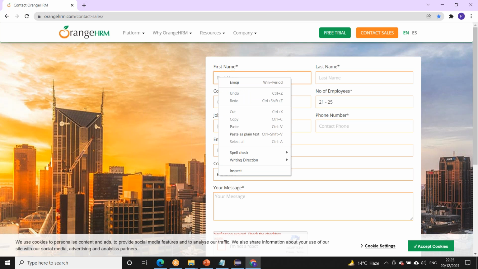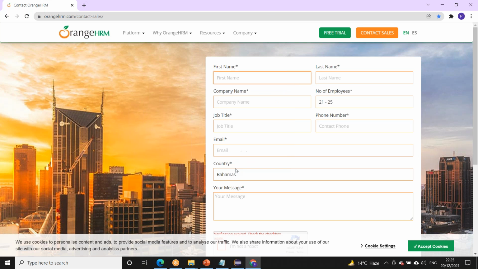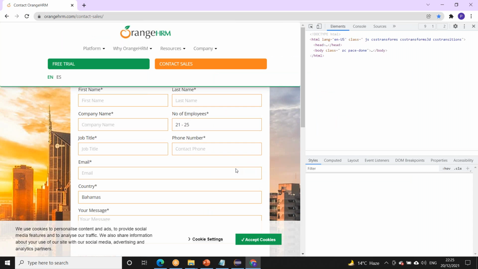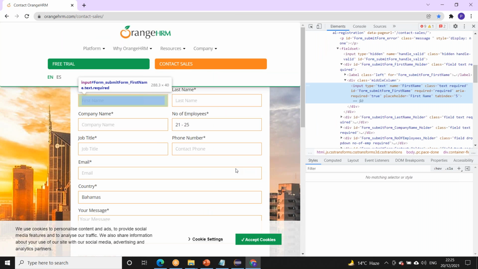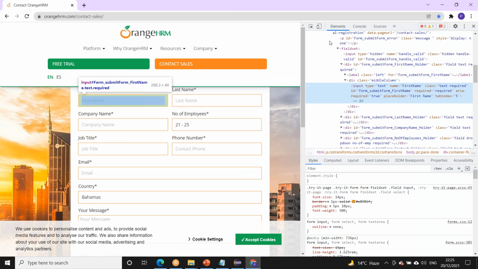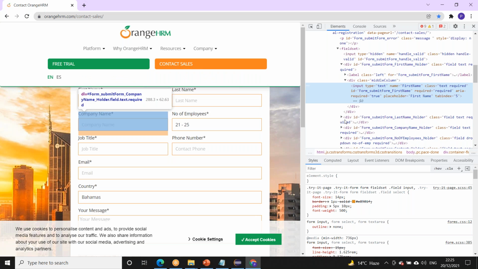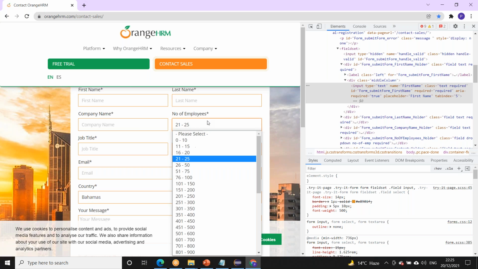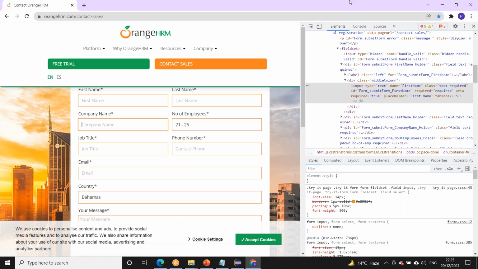How to find them? Right click and inspect. So now the entire code is available, showing all the different web elements we have. This web element, this web element, these are all available.